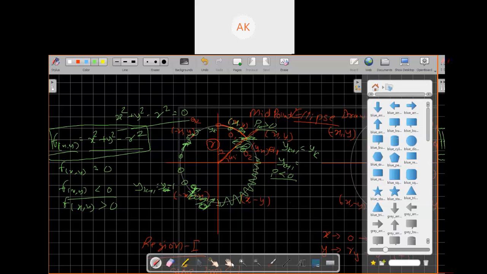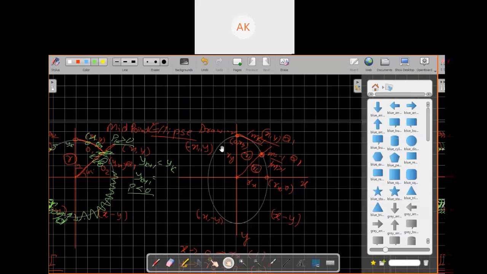In the same way, we follow in ellipse. This is the equation of xy. If the value of xy is greater than 0, means you are outside from your true ellipse path. Suppose you are here, so we will try to push your point inside. When you reach inside, means your function value is less than 0, you try to move outside. When you exactly follow the right way, then your function value of xy will be 0, means decision parameter value is 0. Okay, so now is it clear?